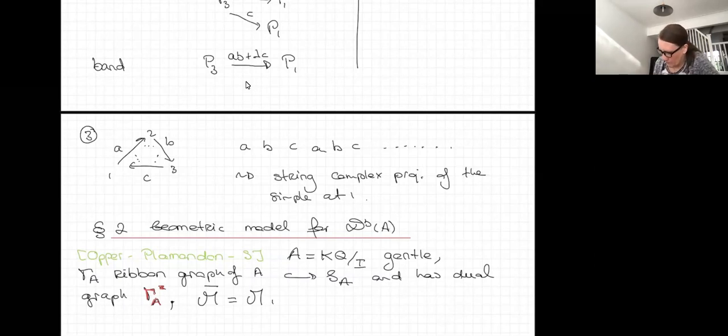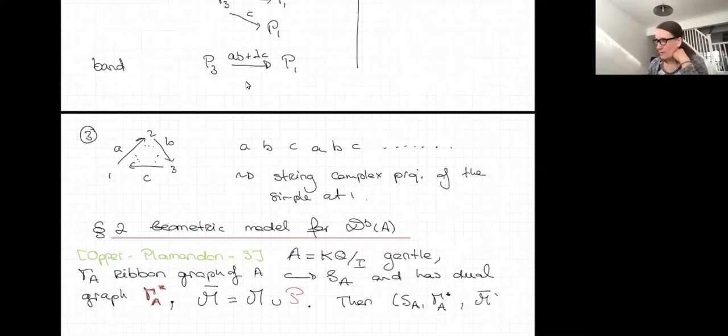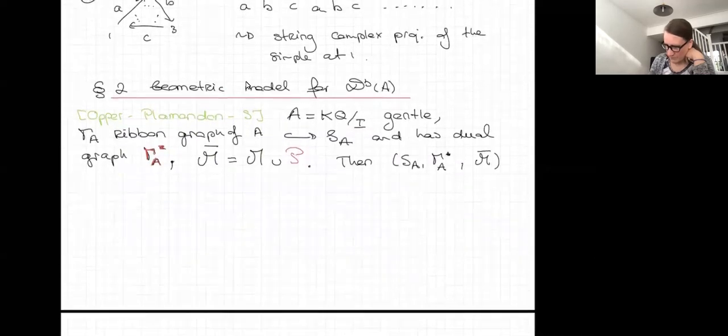To this, we add all the red punctures, so not all vertices of the dual ribbon graph, but just the punctures. With this, we can then say that S_A, the dual ribbon graph Gamma A star, and the set M bar give the geometric model